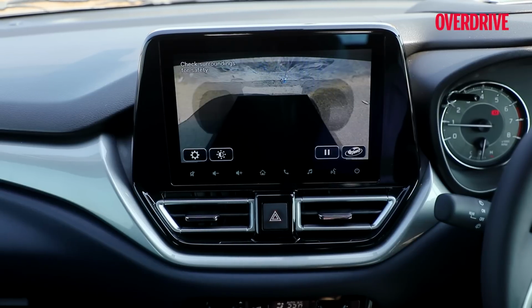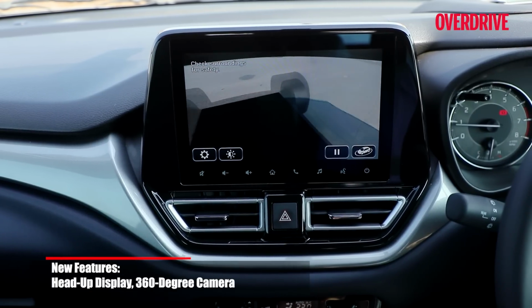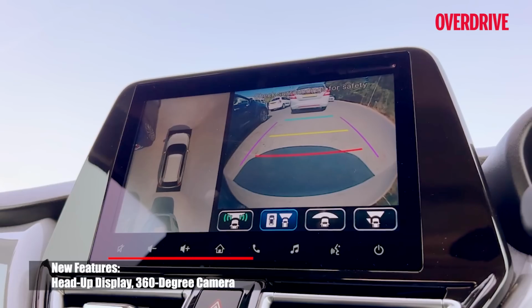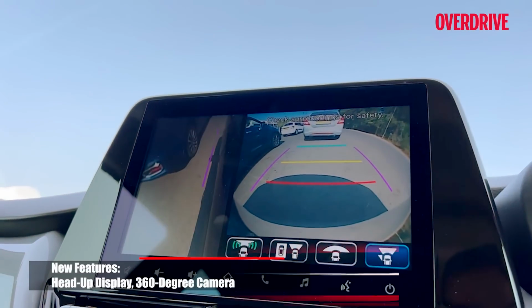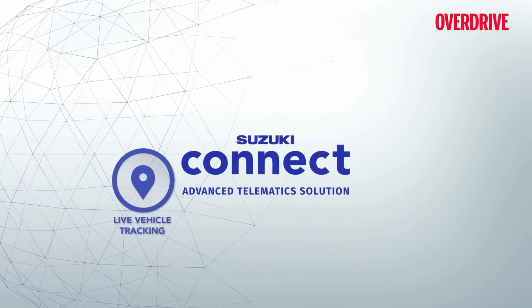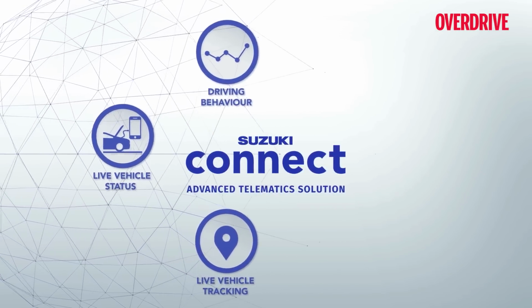The Baleno now also comes with a 360-degree parking camera, which starts off by giving you a full walk around of the car. And using parking sensors, it can also warn if someone suddenly walks into your path while you're reversing. Maruti Suzuki's proprietary Smart Connect app now communicates with an inbuilt telematics hardware on the new Baleno, unlike the